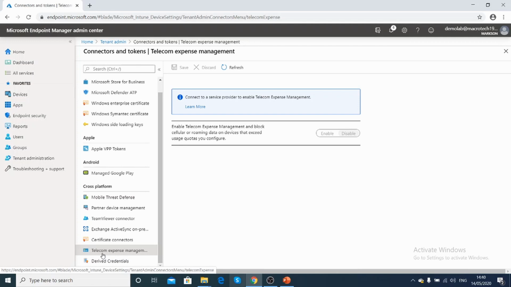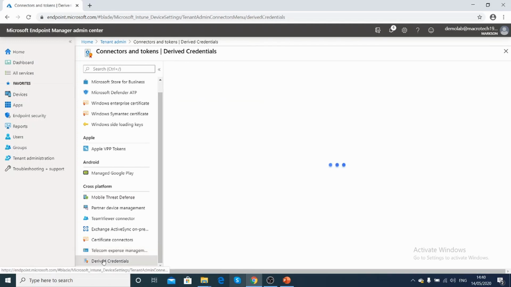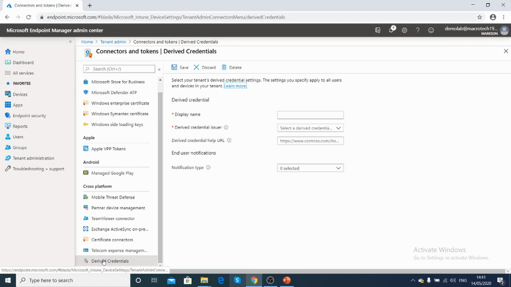The last option we have is derived credential. This is a kind of authentication method for smart cards, and it integrates with third-party derived credential issuers as well. If you have a smart card, that smart card will be integrated with a derived credential.